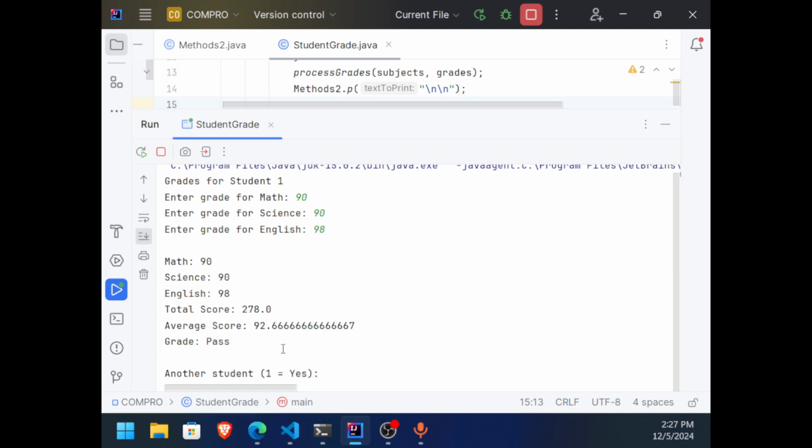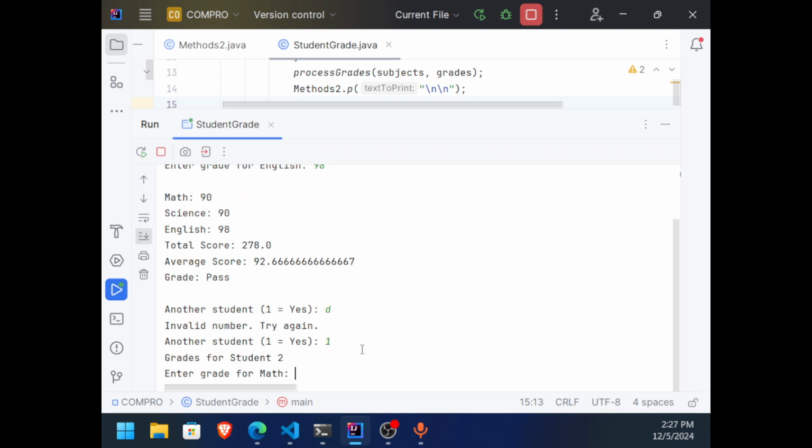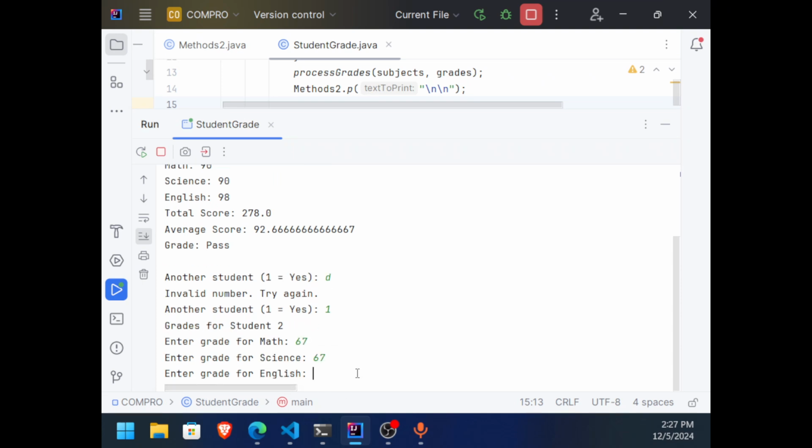Okay. So yan, pass siya. Another student. Kapag nag-1 ako, kapag mali yung pinasok ko, uulitin niya, invalid number, try again. Another student, tingnan niya, inuulit-ulit niya. Okay? Pag 2, hindi na niya magko-continue, pero pag mag-1, uulitin niya, enter grades for student 2. Okay?